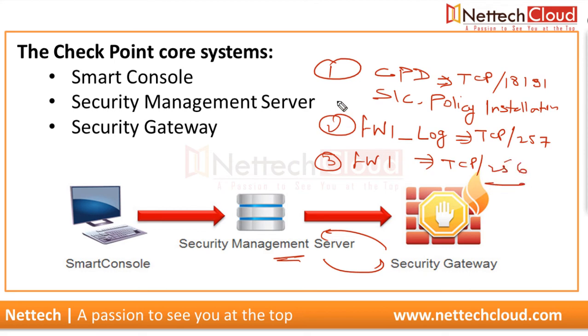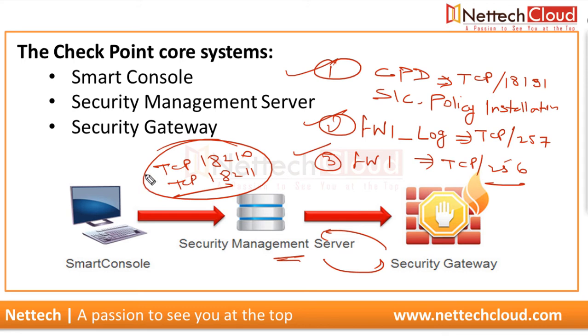256. So there are three different ports here between the management server and the gateway, and two other important ports here, and that is TCP port 18210 and 18211, right? TCP port